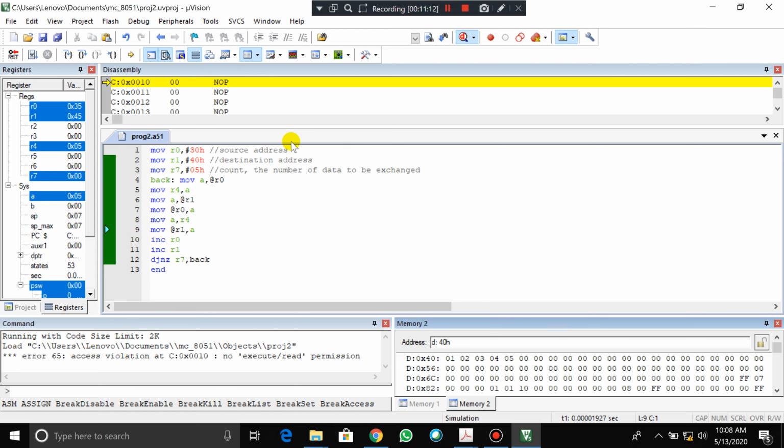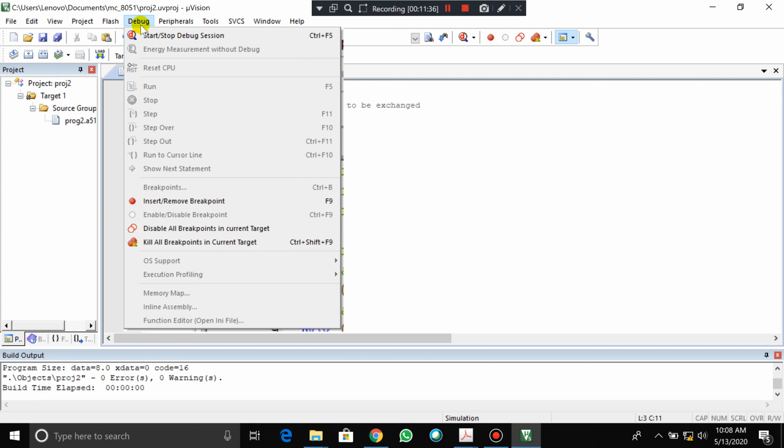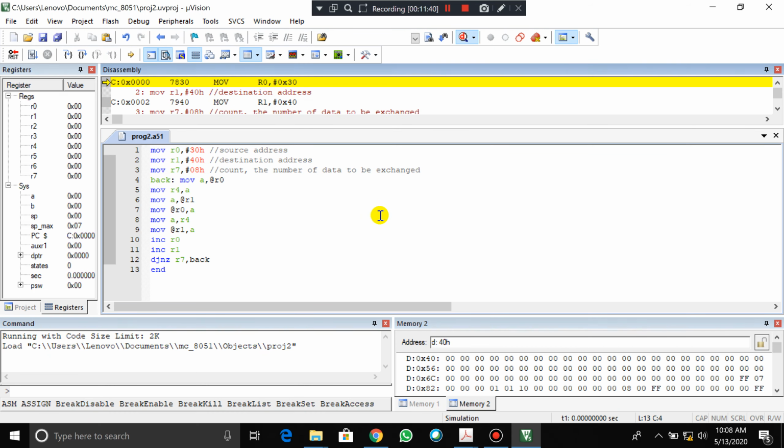So let me change some things in our program, like how we did in the previous month. So I'll change it to 8. Again I'll build, because whatever changes you make in the main program, kindly save it and rebuild the project, then only you proceed. Please kindly remember, rebuild the project once again and check for errors and warnings, then you go for debug. So as you enter the debug session, you know already for 30H,